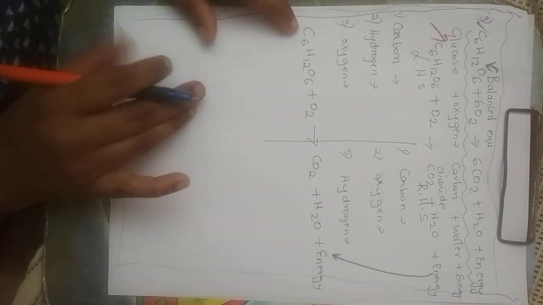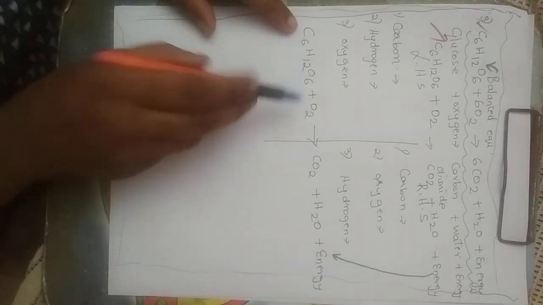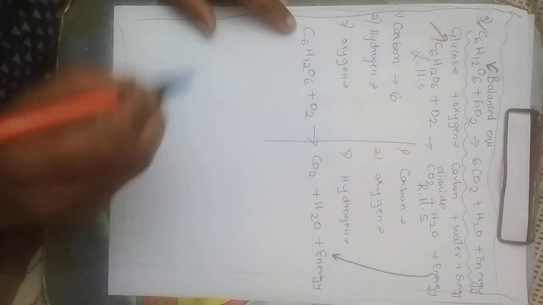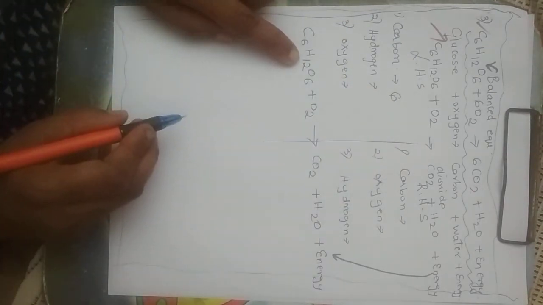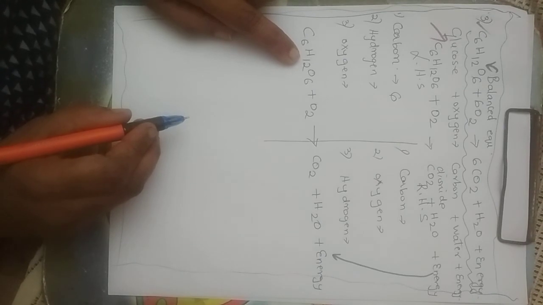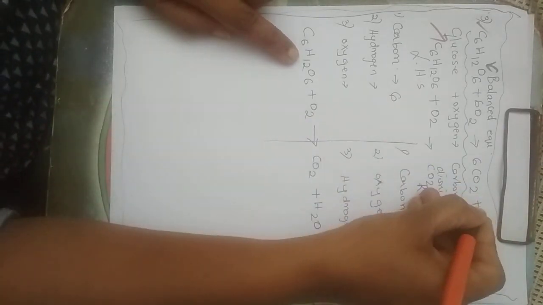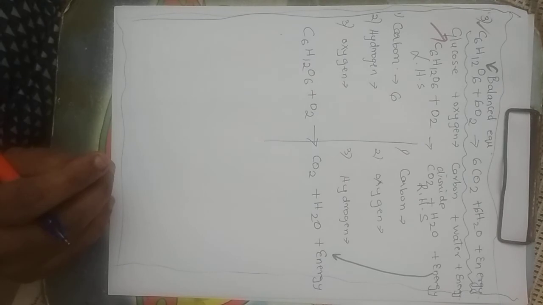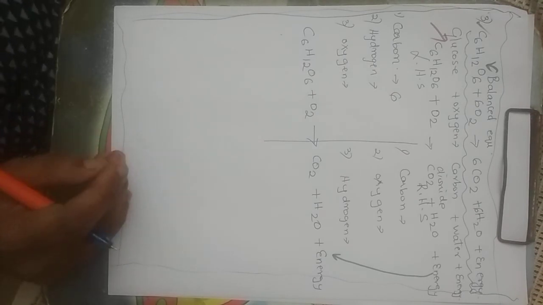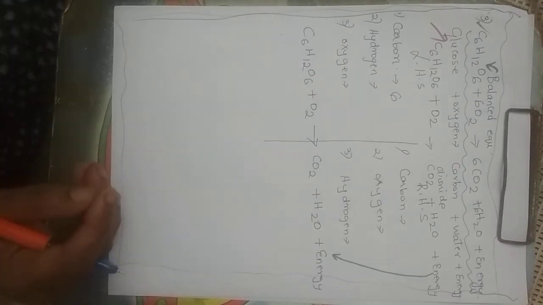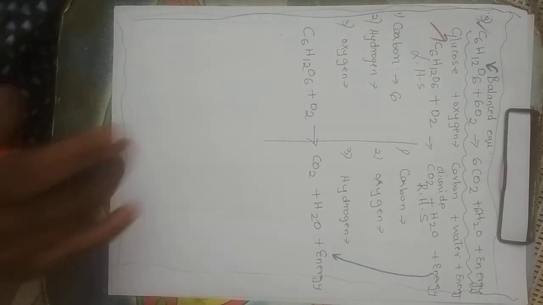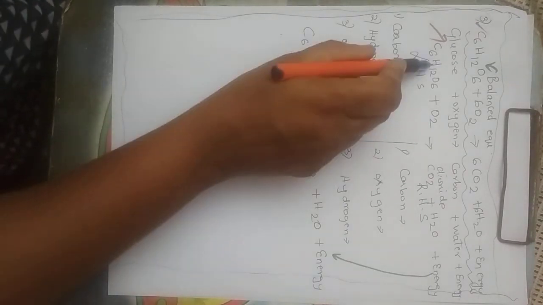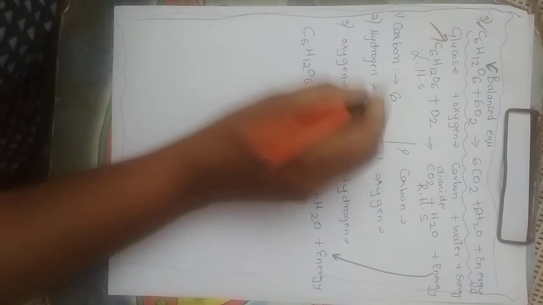How many carbon atoms are there? Look at my finger. Only one. 6. How many hydrogen are there? After balancing, it will look like this. I've got to put a 6. Okay, I repeat. I go back. How many carbon atoms are there? 6. Sorry. How many carbon atoms are there? 6. How many hydrogen? 12. How do we come to know?